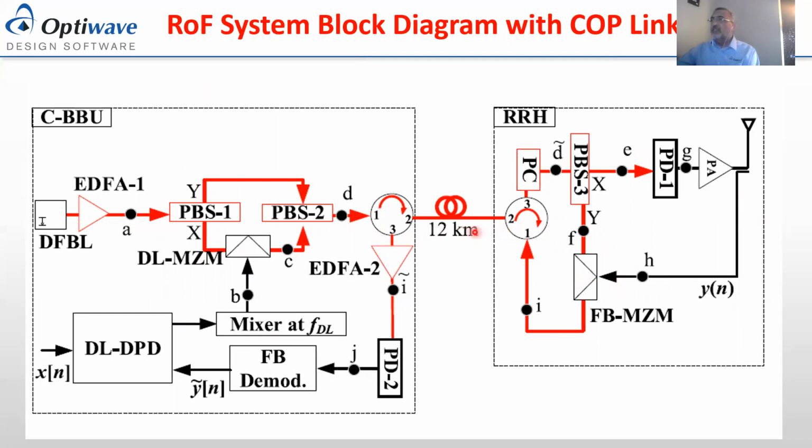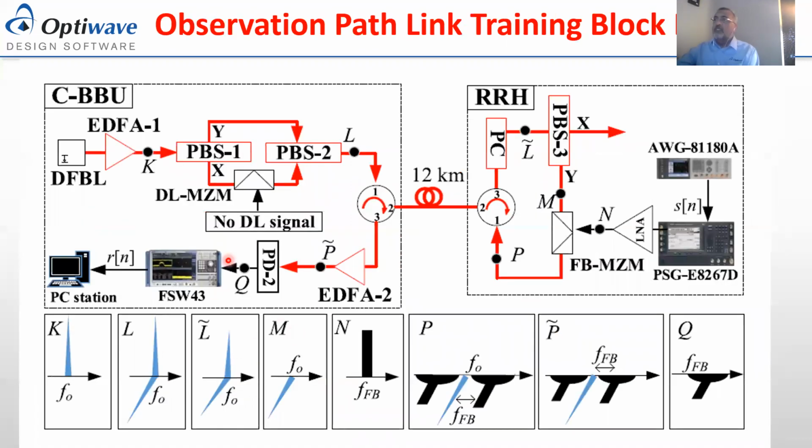As you can see here, the X polarization signal is transmitted through the antenna, and at the same time it is tapped and modulated here, then transmitted again, and the feedback signal is detected, the modulation is removed, and this creates the signal Y prime. This Y prime is used by the predistortion system to compensate for the distortion in the system. So this is the system calibration process, where you have no signal on the X polarization and the Y polarization is modulated with the signal.